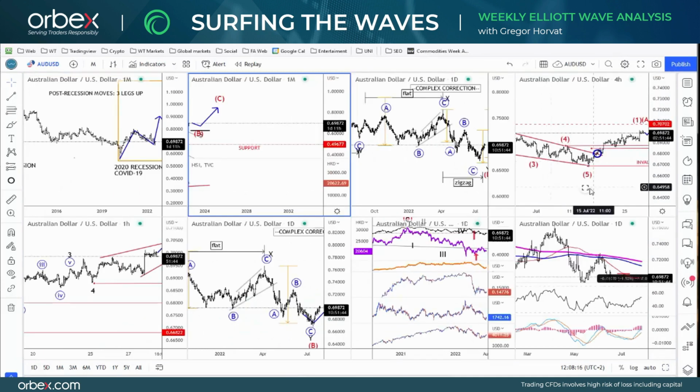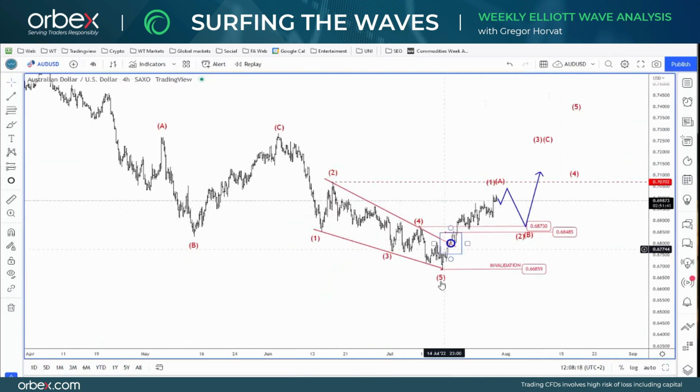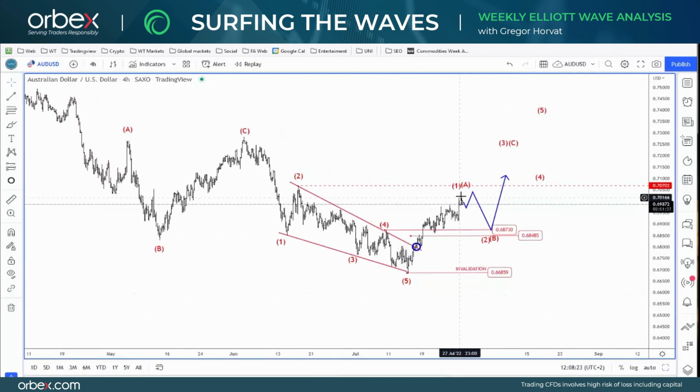Now on the short term, we are seeing this recent recovery coming out of this ending diagonal. So that's the first leg of a 3 wave recovery. I still think that there can be some pullbacks coming. We will see what the US GDP will bring today. But overall, I think that even if someone wants to play on the long side, it's better to wait on these pullbacks.